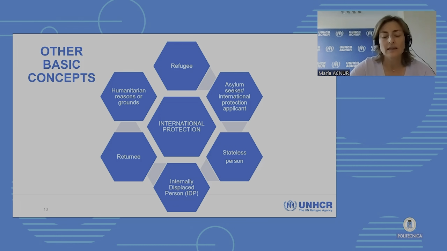Spain has it, very specifically with the Venezuelan population. People that are fleeing Venezuela are again a mixed flow. That means that there is a political conflict in Venezuela that has determined that humanitarian conditions in the country are very harsh. So we will find people that are leaving the country because they are actually facing persecution, like the definition we've seen from the Geneva Convention, but also a lot of people that are not directly facing this kind of persecution, but because of the general humanitarian situation, they cannot return.